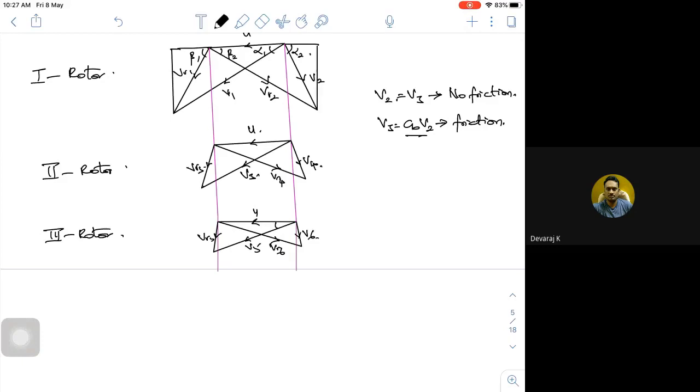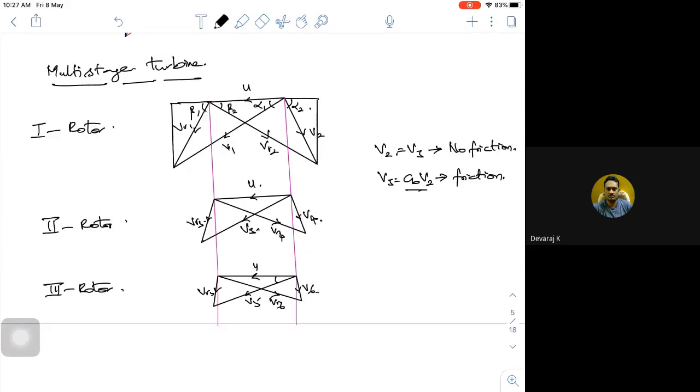So for each stage, the velocity triangle clearly shows, as per the Euler equation, what energy it is possessing in that particular rotor, or what energy has been converted. So the first stage I could see a bigger velocity triangle. The second stage a little bit smaller compared to the first one. The third stage much smaller. If I have 4 stages, depending upon the availability of the energy, I can write it: a very large one, then followed by a big one, then a small one and a smaller one.